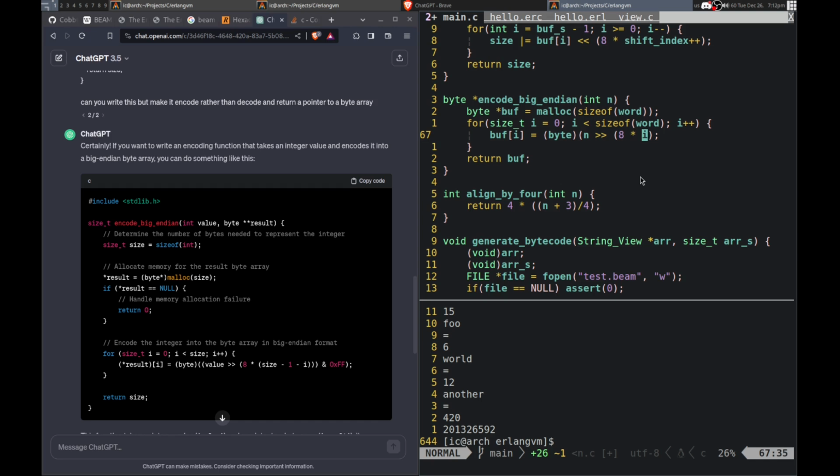The size is a byte, so just need to do the string thing. Hang on. Size, no, that's not right. That's what I wanted to do. Yeah. Times size minus 1 minus I. And size is actually going to be the size of the word.